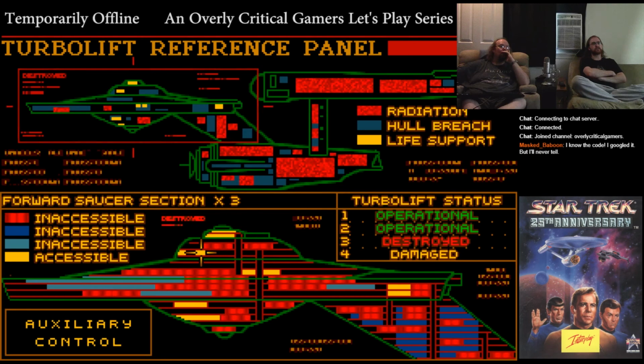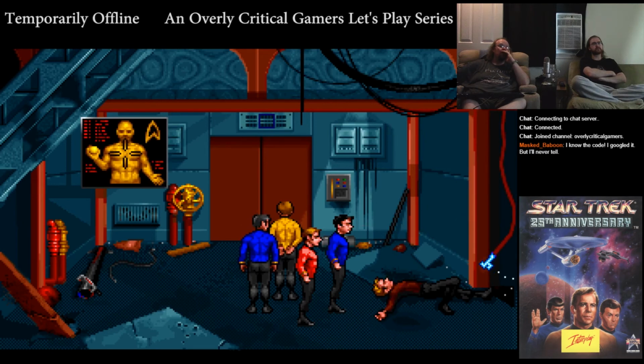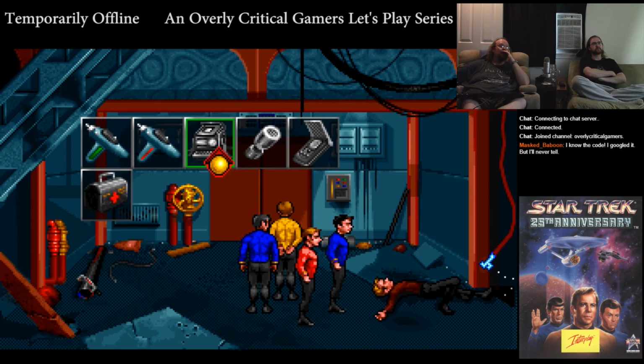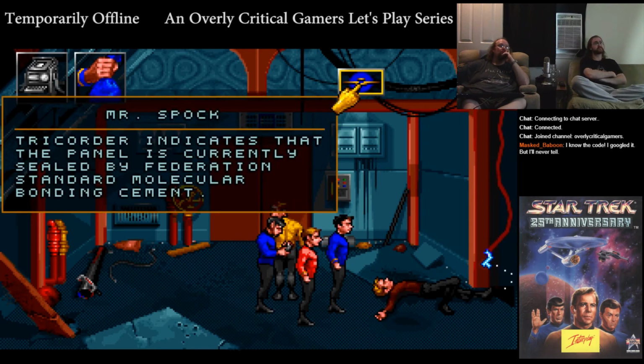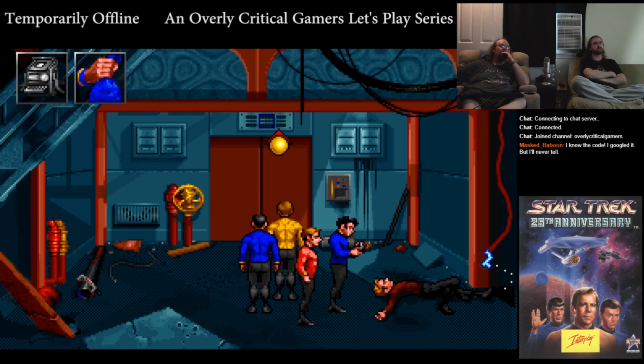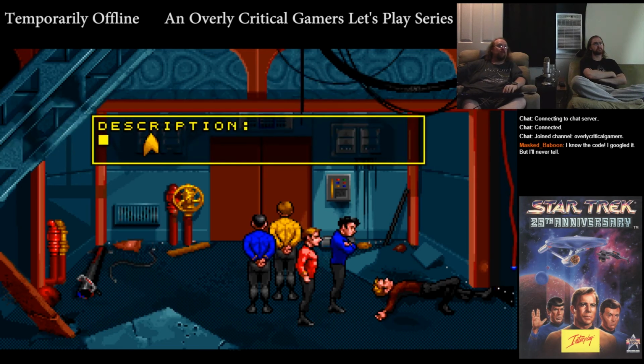So can you click on those yellow... Apparently so. Okay. Well. You should save. That seems true. Tricorder indicates that the panel is currently sealed by Federation standard molecular bonding cement. Okay. Let's save new game. Save a new game as...